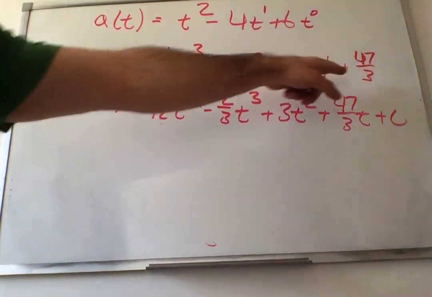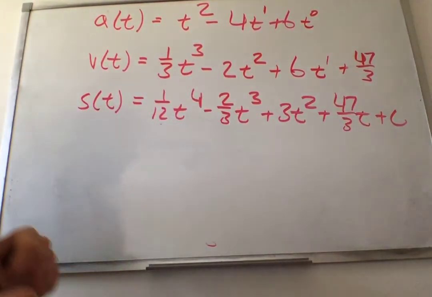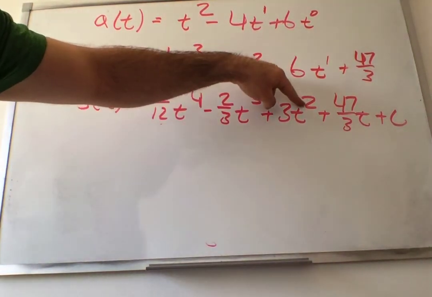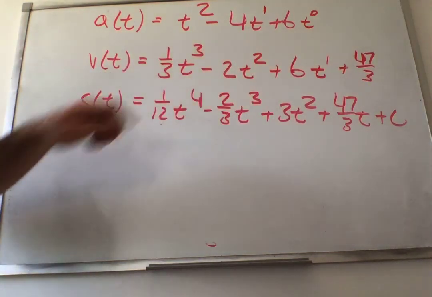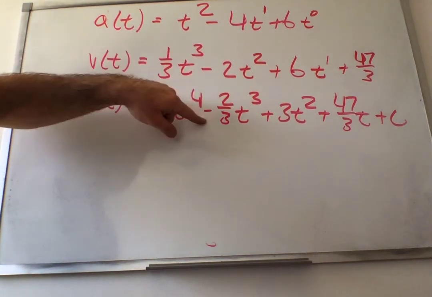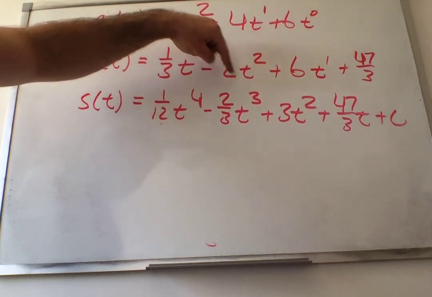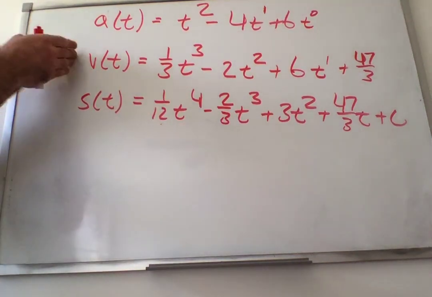So if you notice, the antiderivative of a constant, you just tack on the variable to it. This was the power rule. Go up 1, you get a 2. Divide by the power, 6 divided by 2 is 3. Same thing here, the minus sign copies. Go up 1 power, you get a 3. Divide the coefficient by the power, so 2 divided by 3. So this is the antiderivative of this